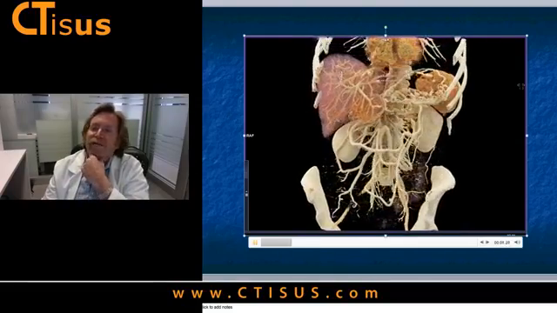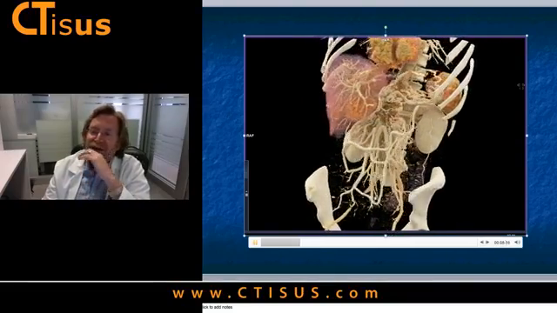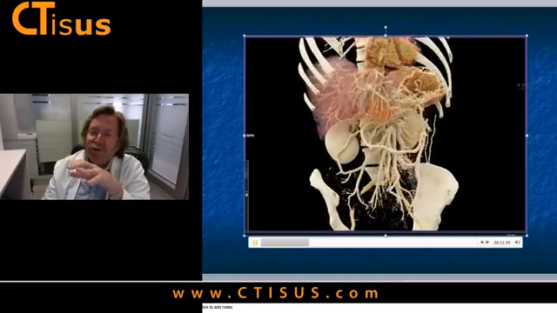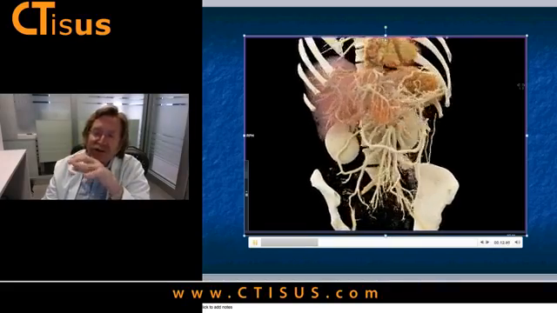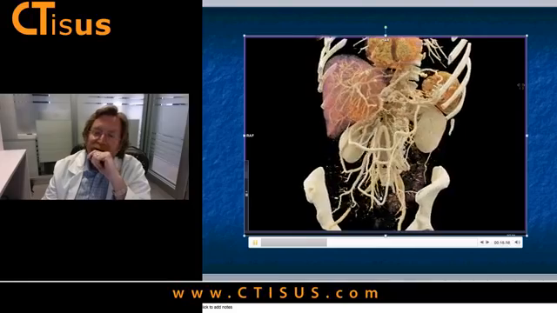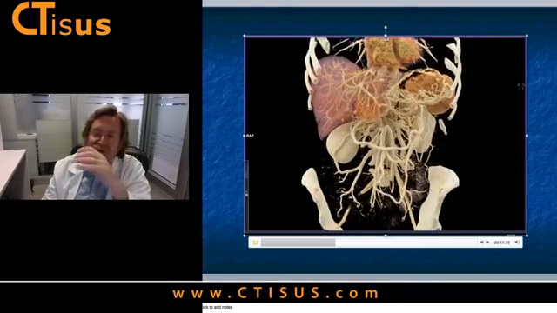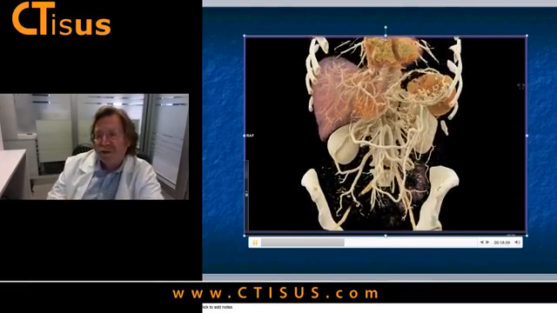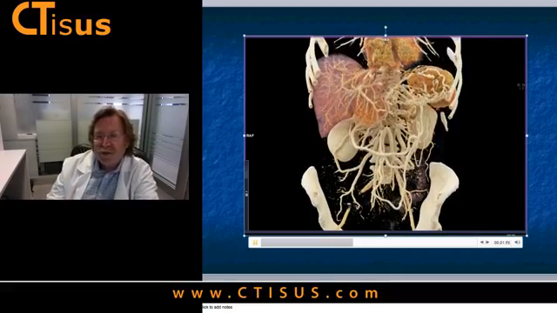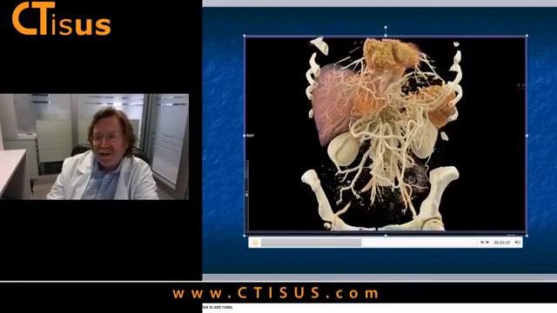Look at the portal venous system, the hepatic veins. And look at the detail of all the collaterals. You can see, if you look carefully, the portal vein SMV confluence is occluded, and these are simply all collaterals that you can see very nicely. So a really nice display, and again,